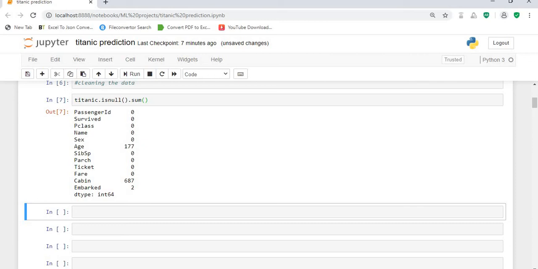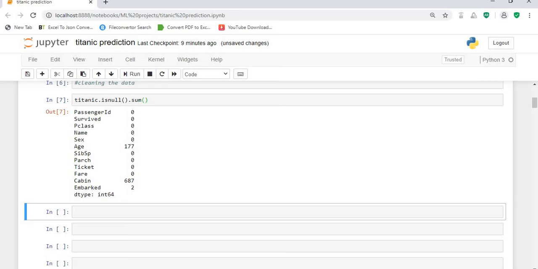So the next step is what we are going to do with these missing values. As far as age is concerned, either we can drop this field or we can use a random number. But if we drop this field, then we are dropping one important factor.